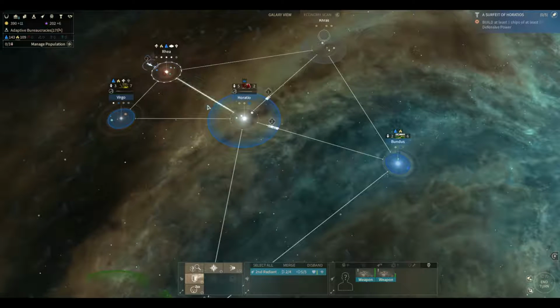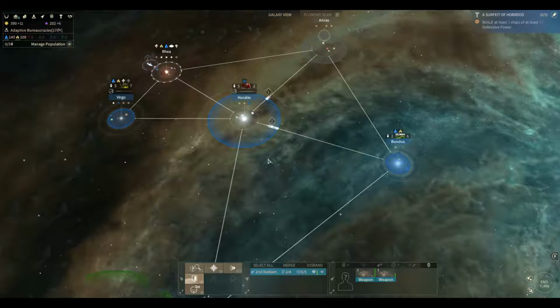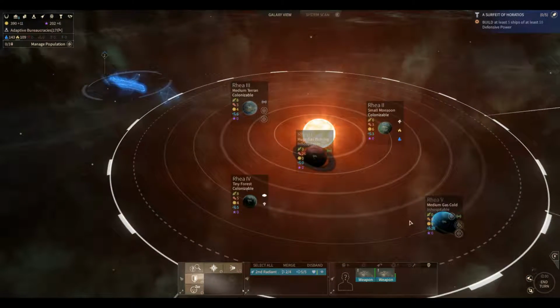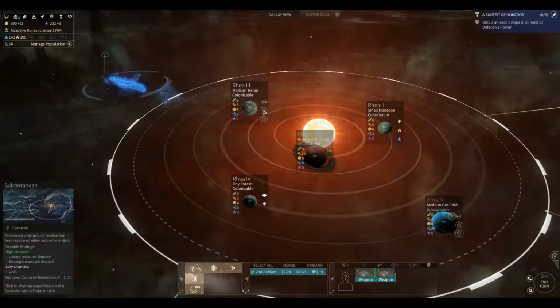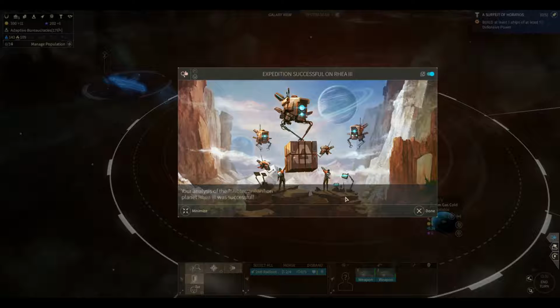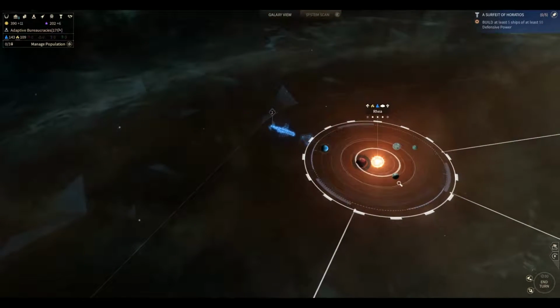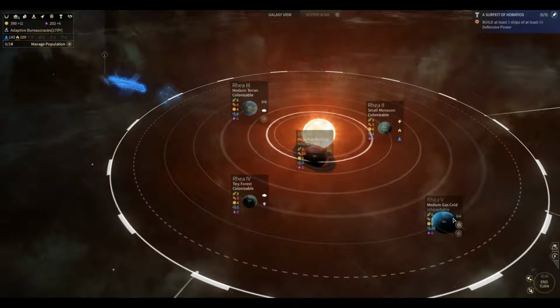Now, what happened to that one ship? I don't know. I was hoping it would get here this turn, but those guys, they went off in different directions. So I got another turn here I can scan. I guess we'll go Rhea 3. What do you got for us? Some dark glitter. Man, this is a great system. I really need to colonize this system. Oh, you know what I should be doing? I should be scanning...